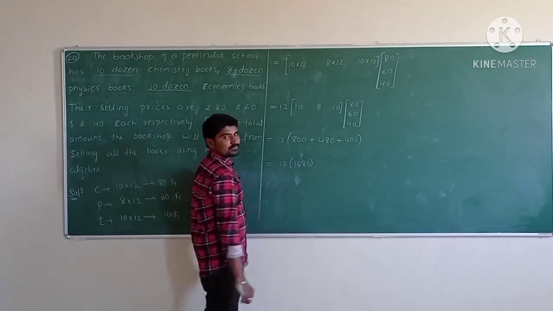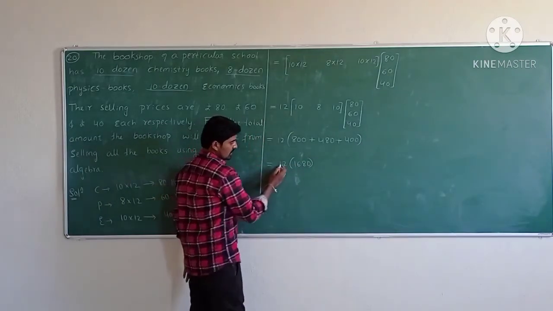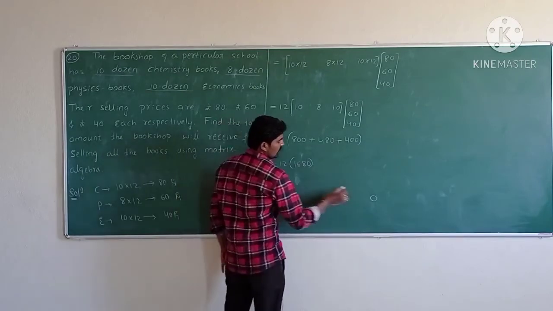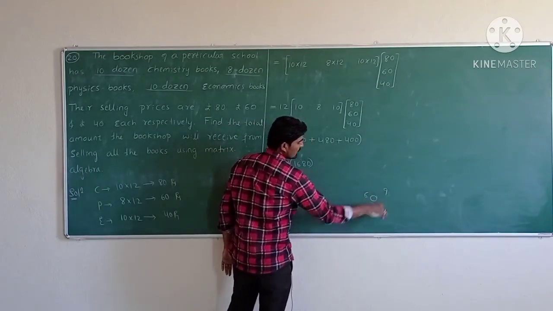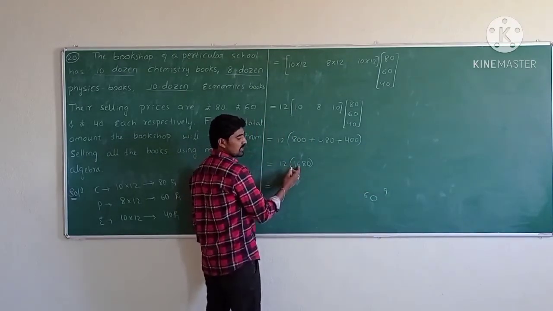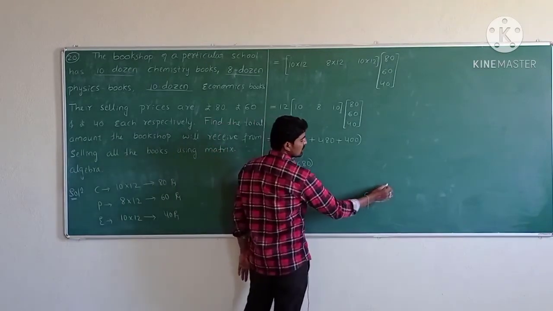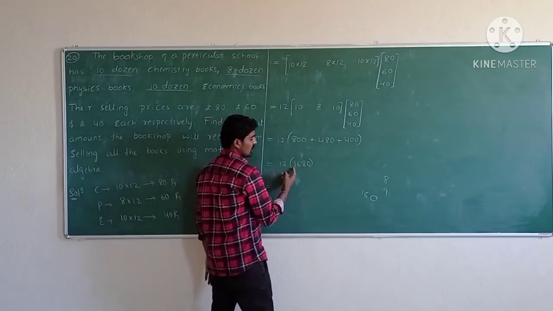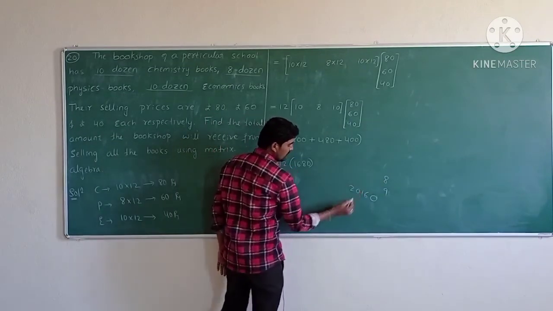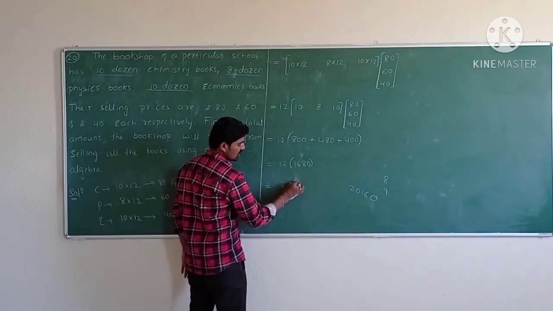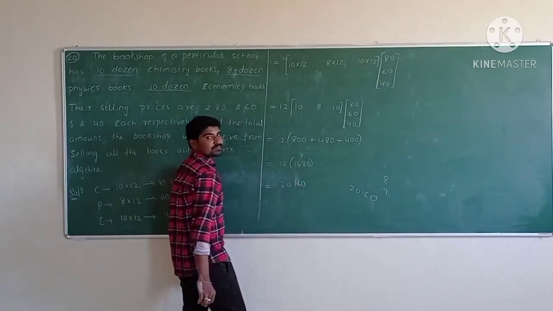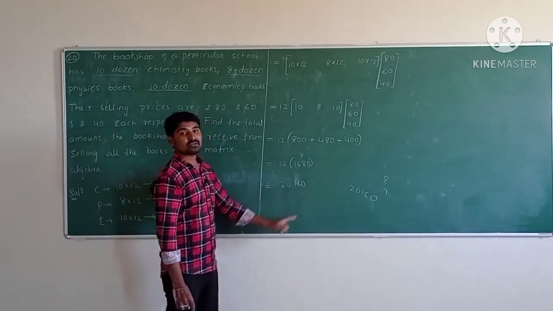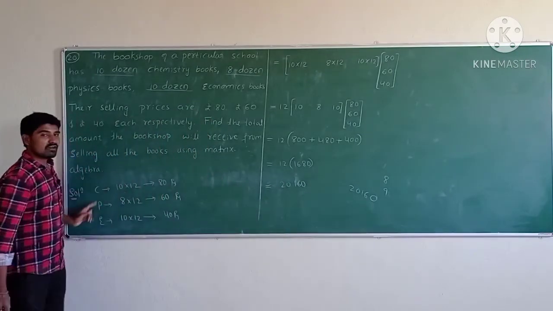1680, which is equal to 12 into 1680. 12 times 0 is 0, 12 times 8 is 96, 12 times 6 is 72, 72 plus 9 is 81, 12 times 1 is 12, 12 plus 8 is 20, so 20,160 rupees. The bookseller will receive 20,160 rupees after selling all these books.